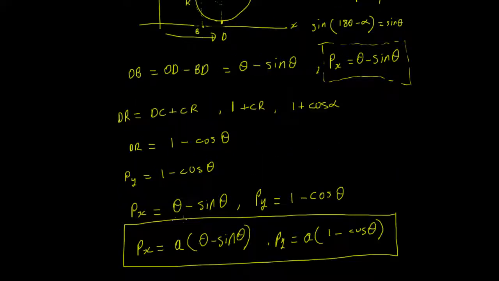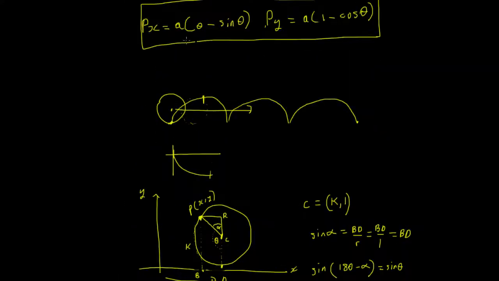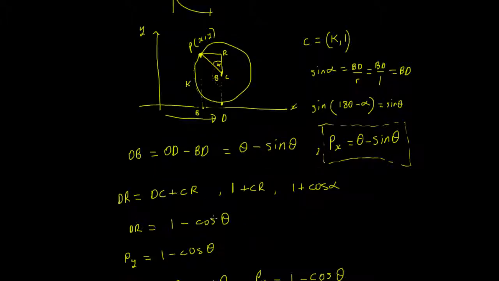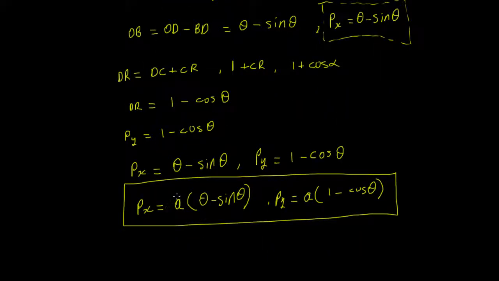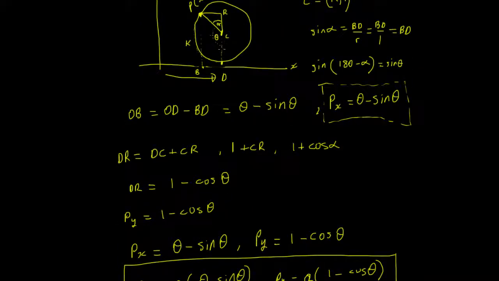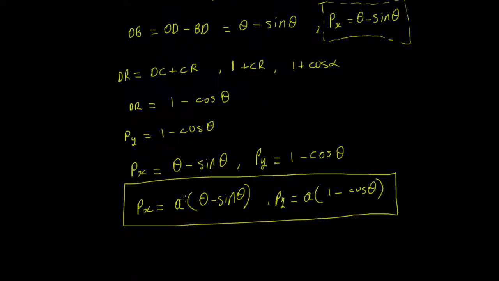So that there is a px and that's a py, the same as a px and a py here, and you can see where each of these things come from. The a is the radius and theta is this angle here that's mapped out as this ball or circle moves across in that direction. Now that there is a parametric equation of a cycloid, and that's the description of the solution of the